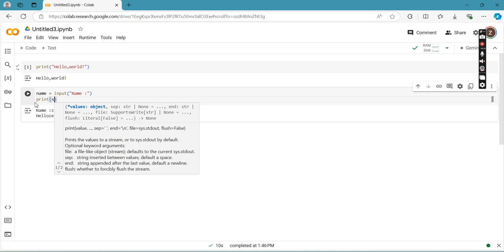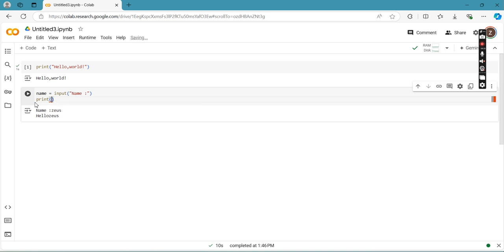Then we're going to use F. F here indicates that we are going to print a formatted string. So I'm going to tell here hello. Okay. Then comma and our variable name. So let's check if we have the same output.